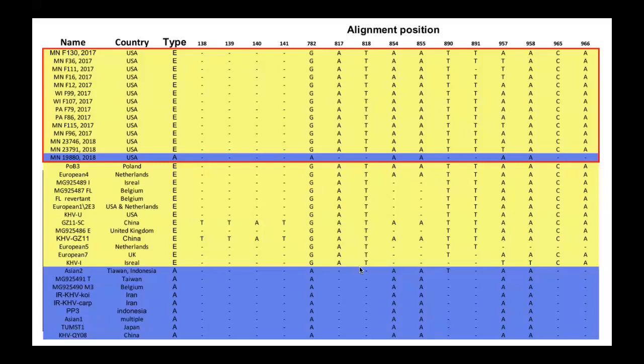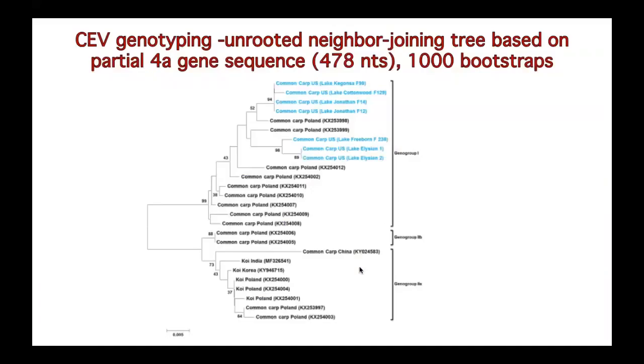In the future, maybe through more relationships with people who are hobbyists in the koi trade, we can start to look at some of the strains that cause disease in Minnesota in the koi community, and maybe see if there's any overlap of strains between wild and ornamental koi in Minnesota. And going further with this is looking at the genotype of CEV.